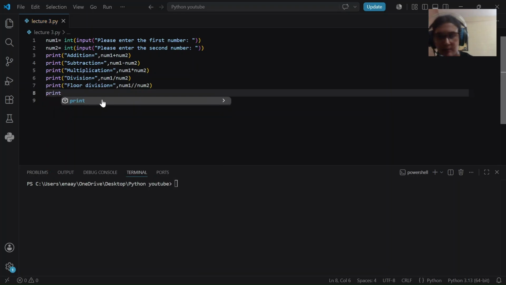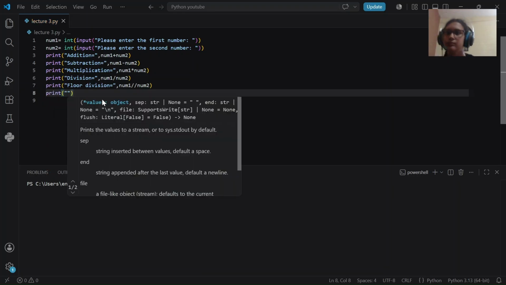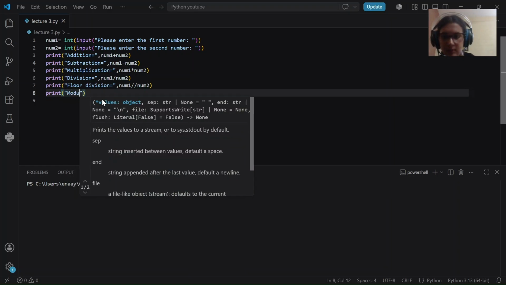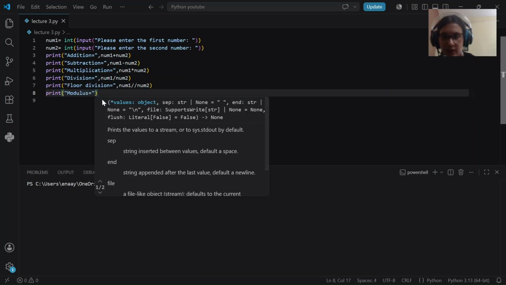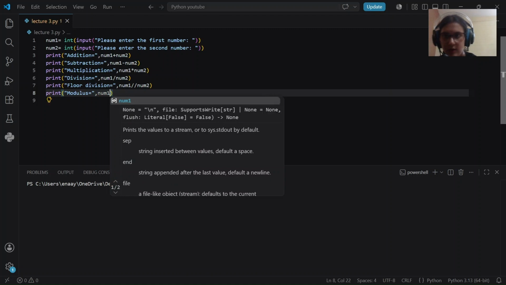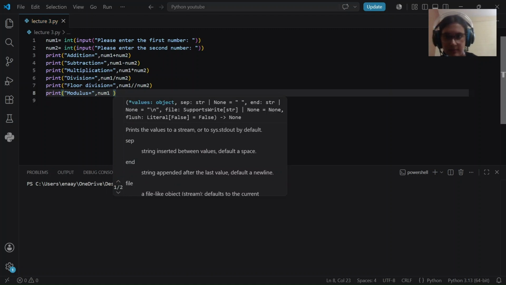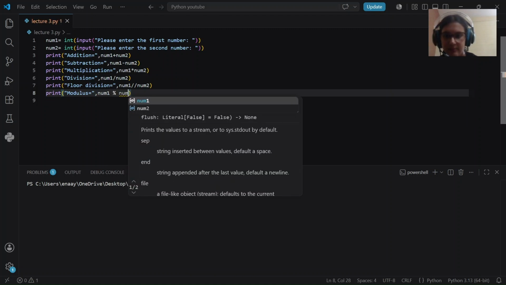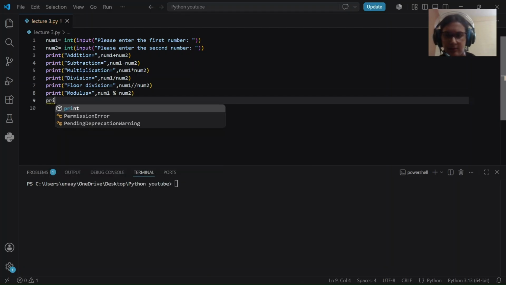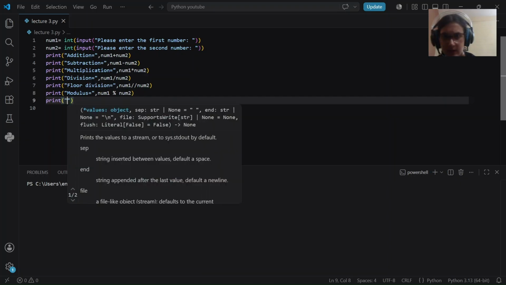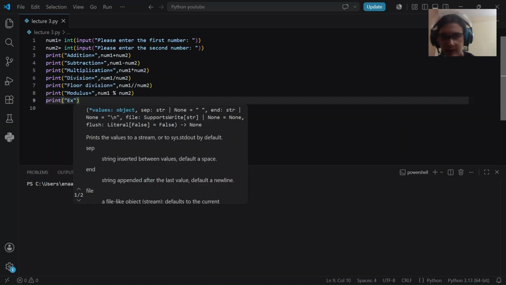Then we can print floor division, modulus. Modulus is equal to, do you remember the symbol for modulus? It's this. And then we print the last operator that we learned,